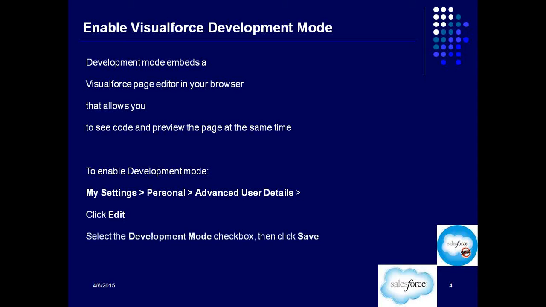I want everyone to do this. You know how to make changes to your personal settings, right? Go to your personal settings, and under that go to Advanced User Details, click on Edit, then select the Development Mode checkbox and click on Save.